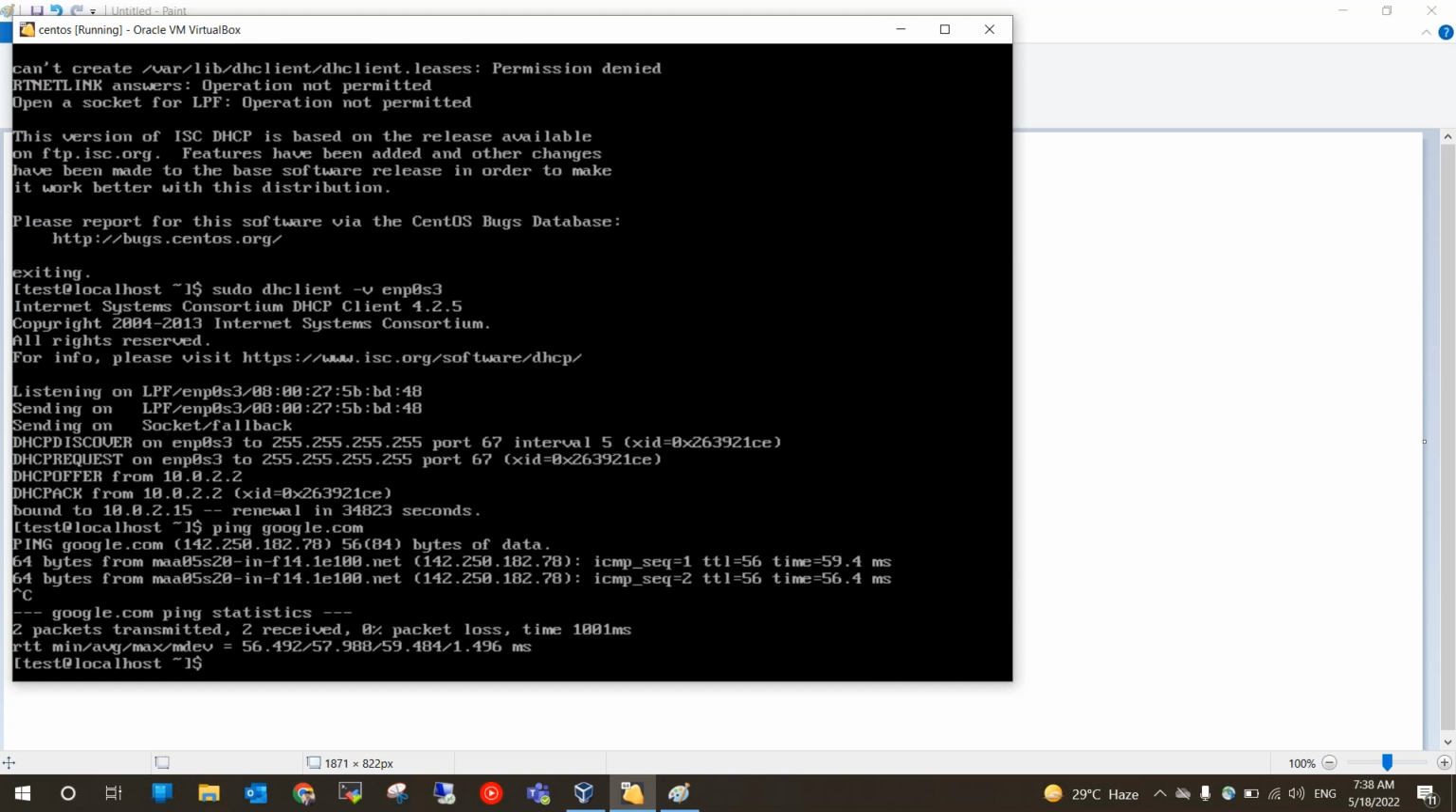So what I have done is I have run this command which gave me the IP through DHCP for this interface, ENP0S3. Okay, you can see here it is trying to discover the net mask, and it has requested for a